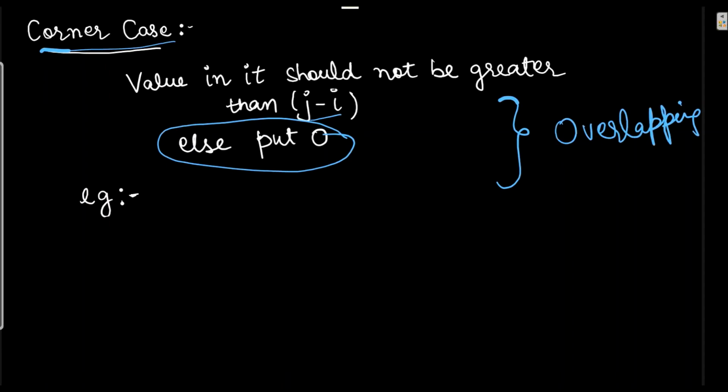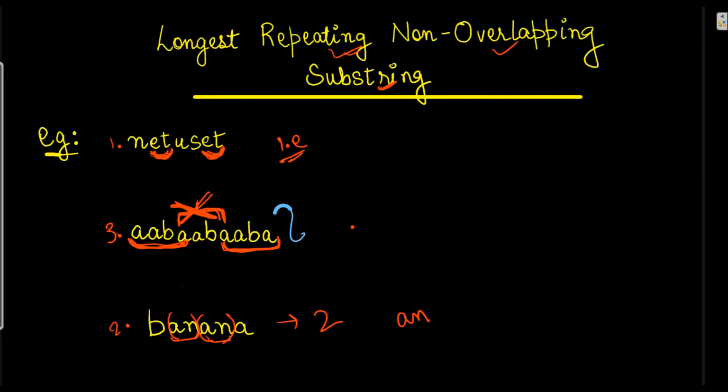I have taken the example from the start of the video, where I have this AABA and this AABA. But I also have this AABA in the middle, and this middle substring overlaps with the first and second substrings, so I need not include it. Let's take this example and perform dynamic programming on it so as to understand clearly.